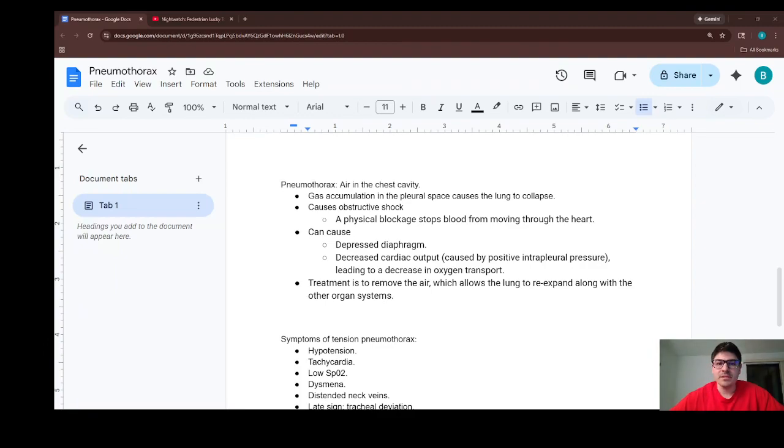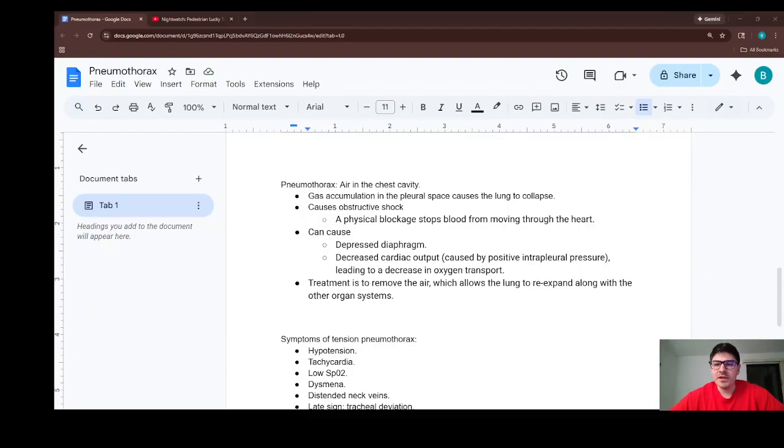Hello everyone. Today we're going to be talking about pneumothorax, which occurs when air accumulates in the pleural space and causes the lungs to partially or fully collapse. Pneumothoraces are a common clinical finding, so it's important to understand the physiology behind them. They often occur in trauma patients, but can also happen spontaneously. In some cases, they may be caused by ventilator mismanagement or overly aggressively bagging a patient, which can lead to